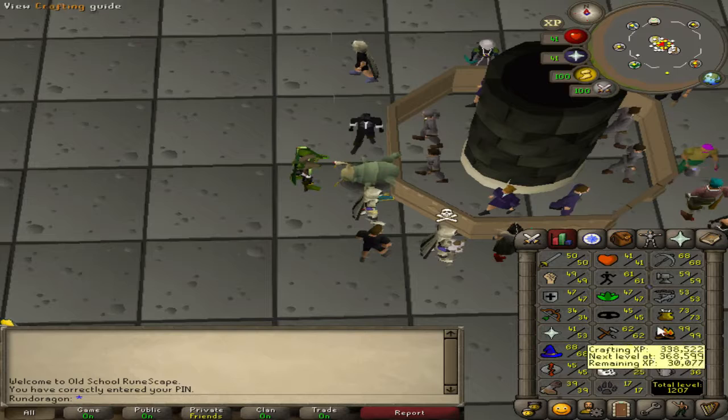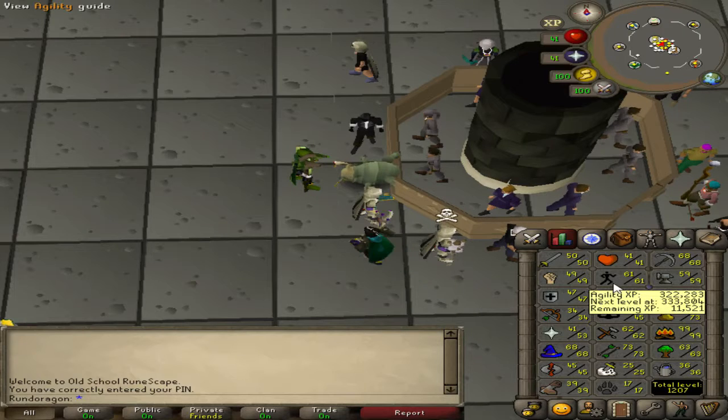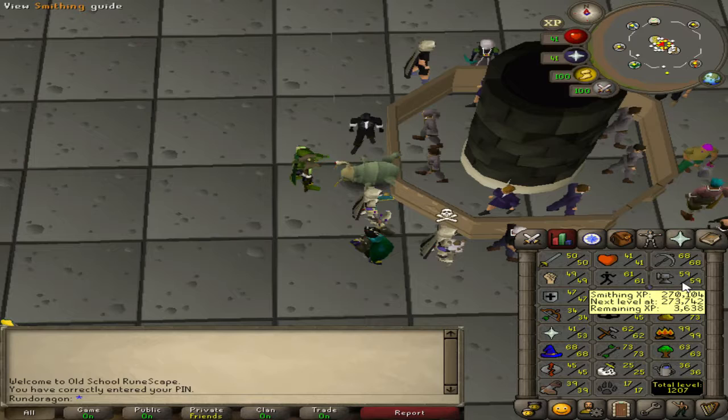which got my smithing to 59, got cooking to 73, got the 53 fishing requirement that I needed, got 68 magic from all the agility and the alching and the dueling rings, got 61 agility once I hit full graceful,